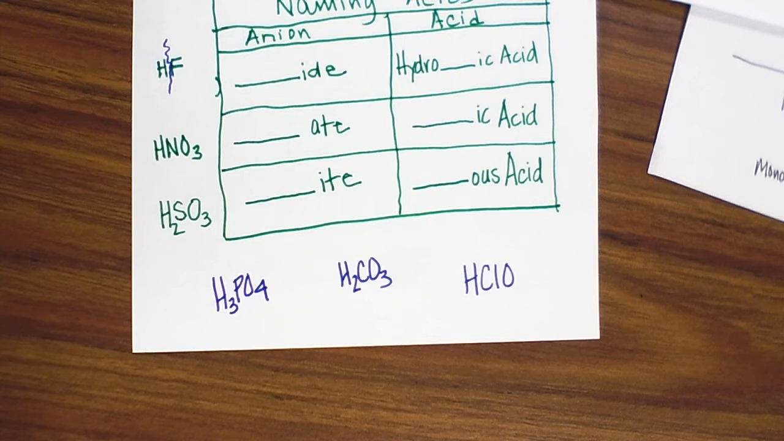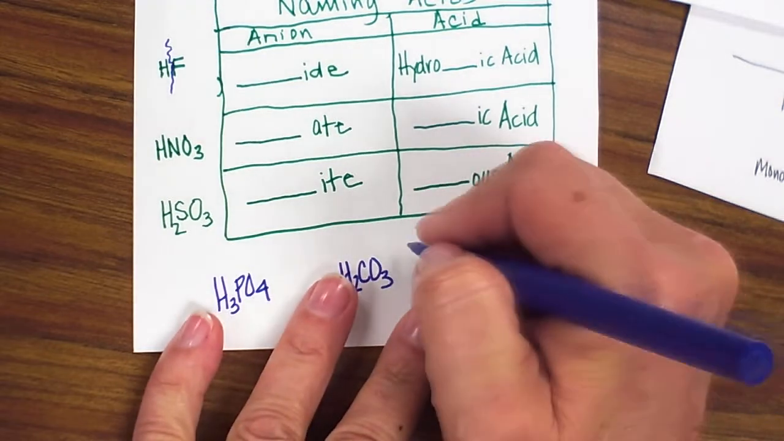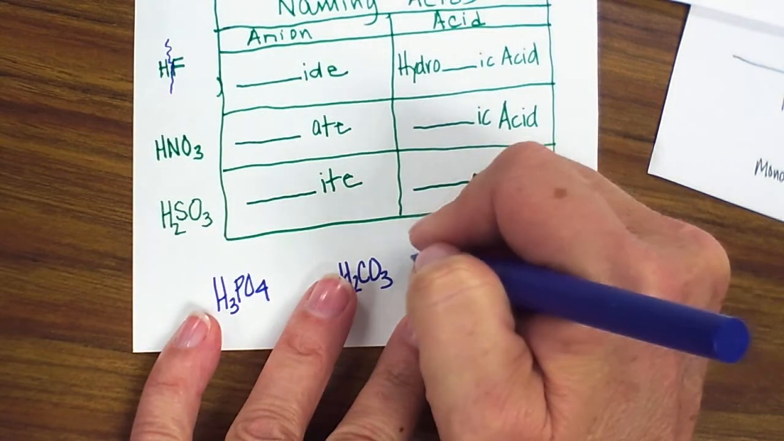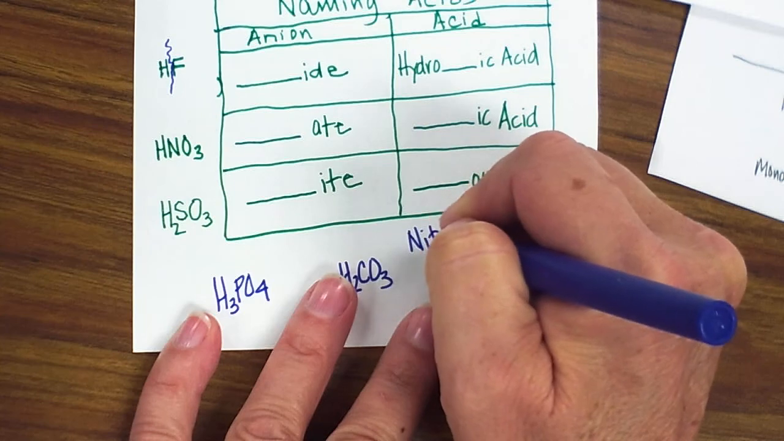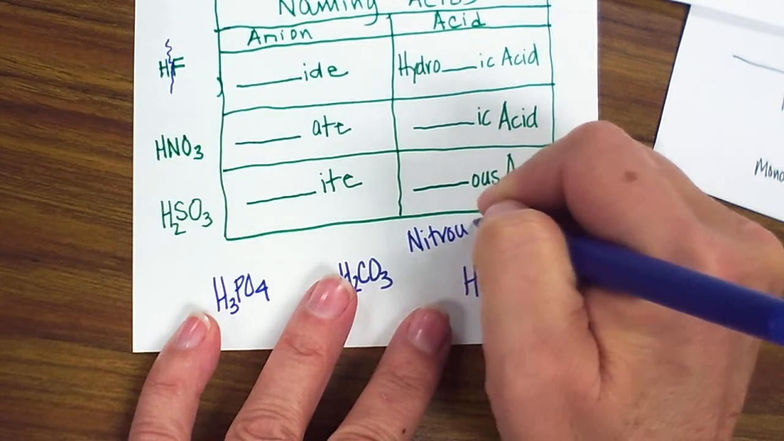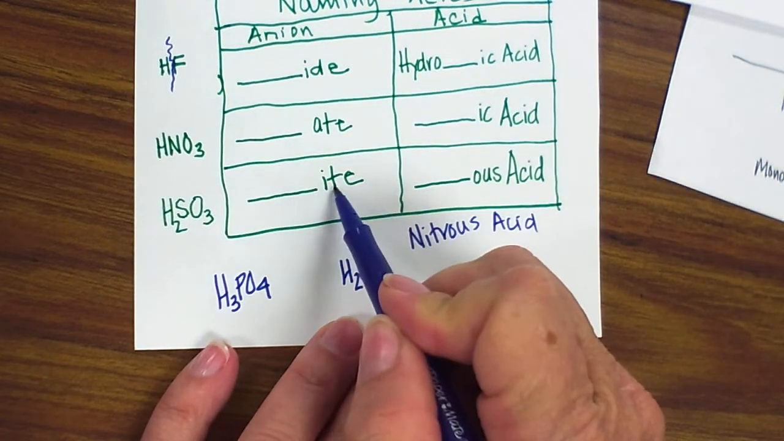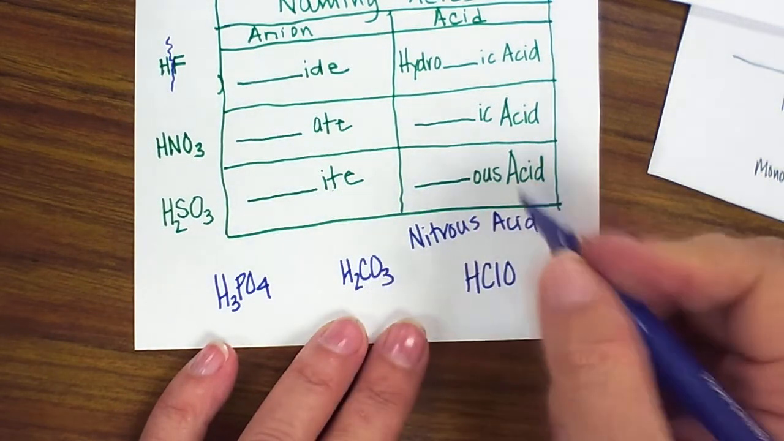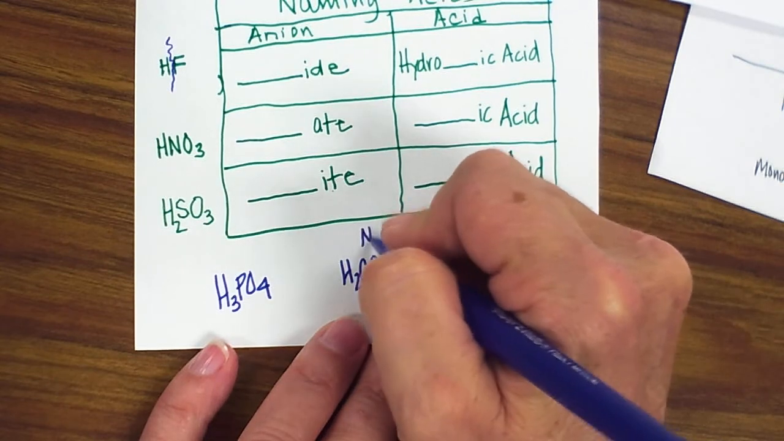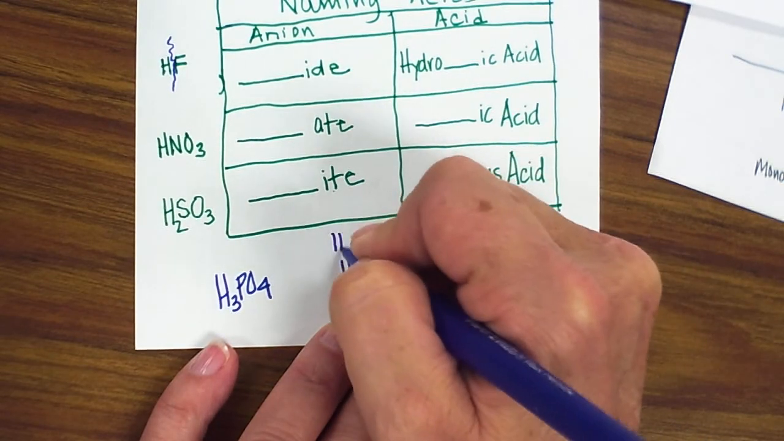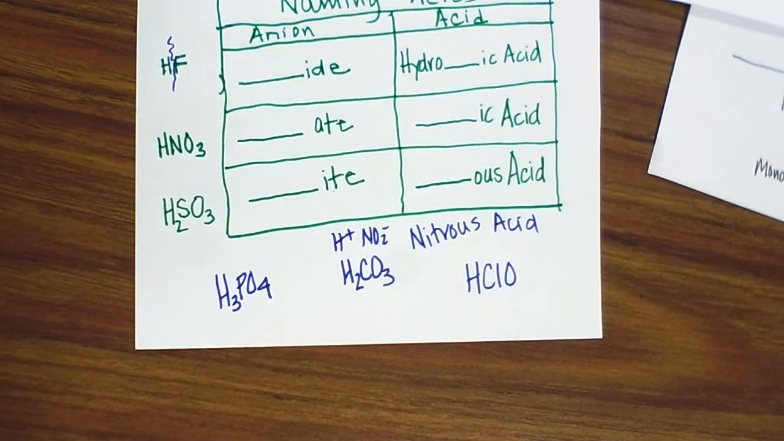How do you do it backwards? Well, what if it was nitrous acid? Then I go, nitrous is ITE, right? So I say nitrite is NO2 minus, and I put an H plus in front and crisscross. Super easy. All right? Okay, last thing I want to talk about